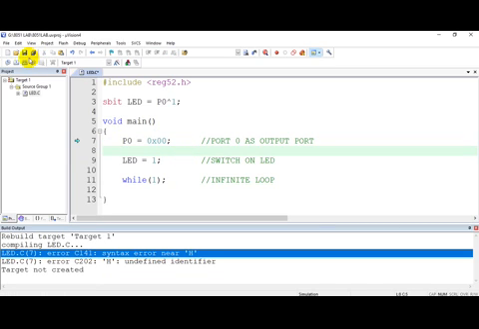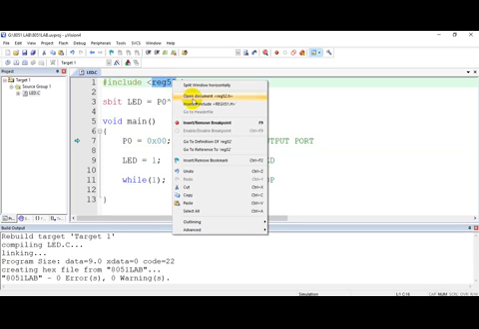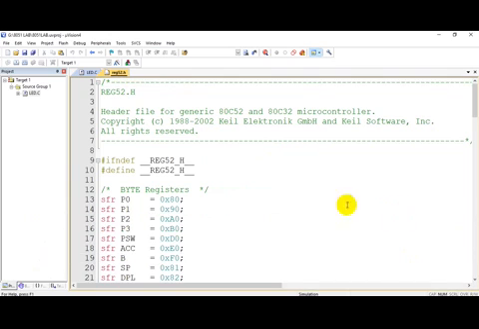Now, secondly, C language is a standard language, but how is that? I have not initialized P0 anywhere here in the program as you see, but it is not showing any error. So where is this port 0 defined? This port 0 is defined in reg52.h. So I will show you this file. If you open this, this is your reg52.h file.